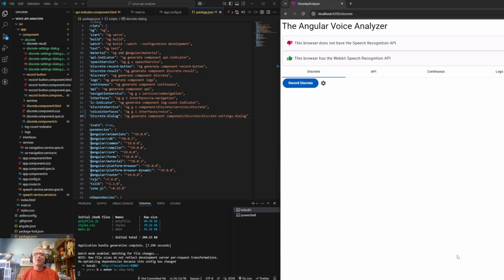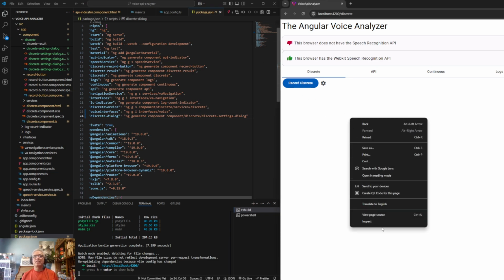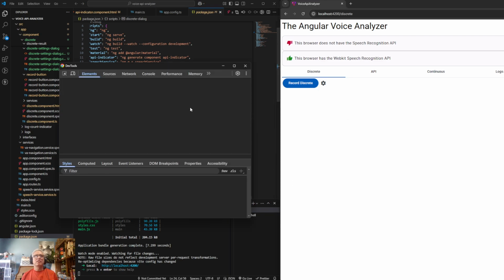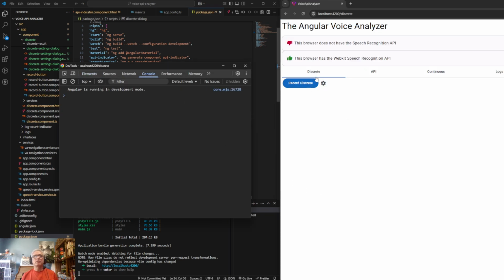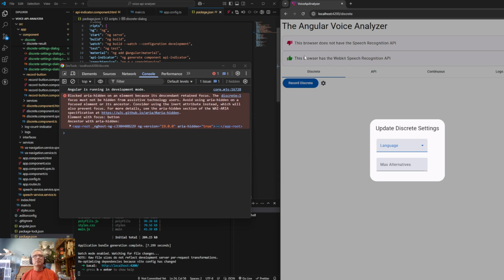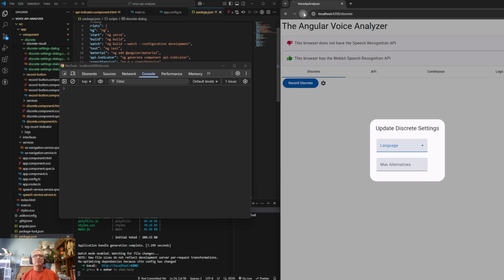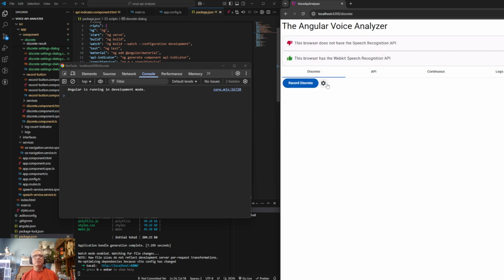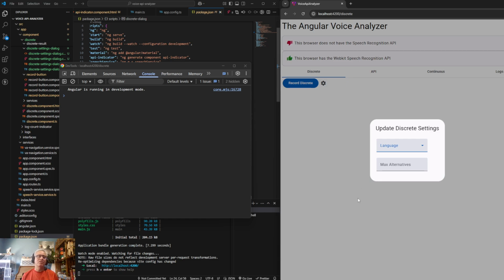Yeah, I watched the video, and sure enough, I still have the problem. If I go and I say inspect, and then I go to the console, and then I hit this button, I get that message. But then if I reload, hit that button, I don't get that message. Last week, I sort of chalked it up to a timing issue on the Angular Material side. I suspect what's happening is in some scenarios